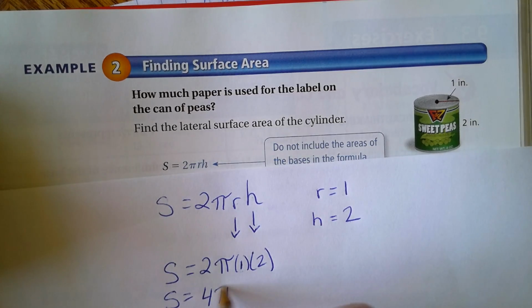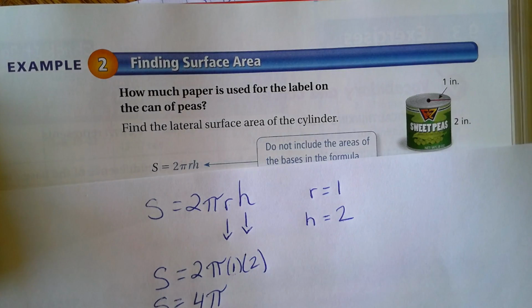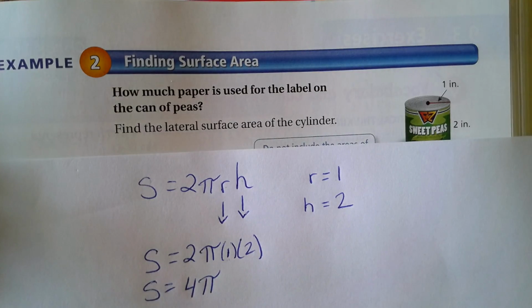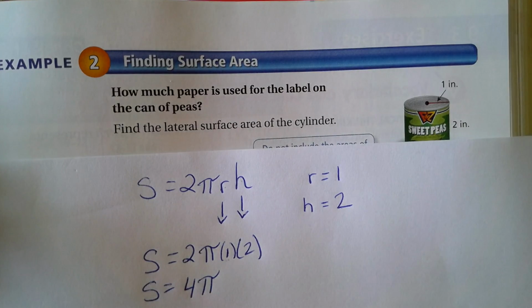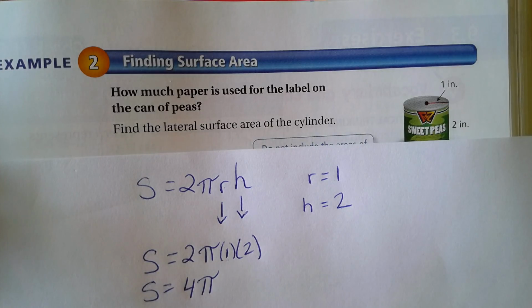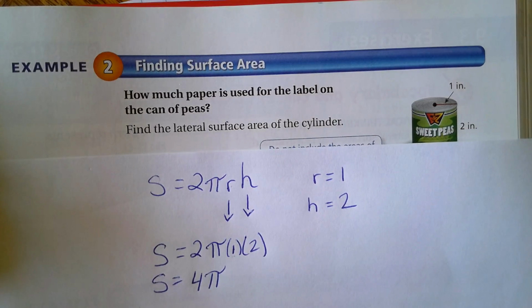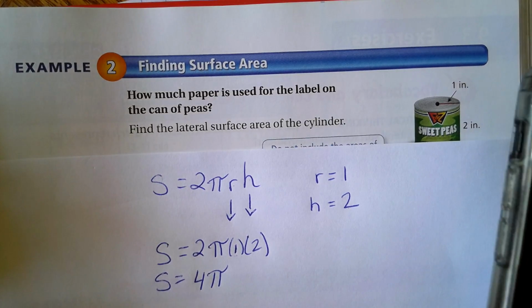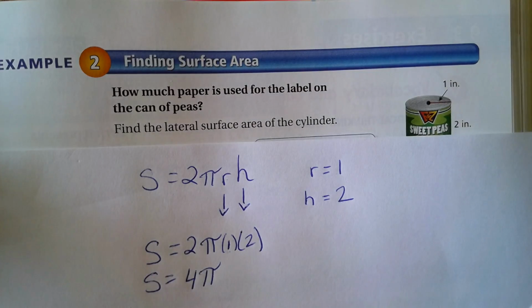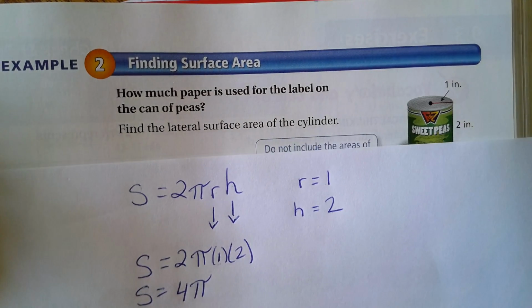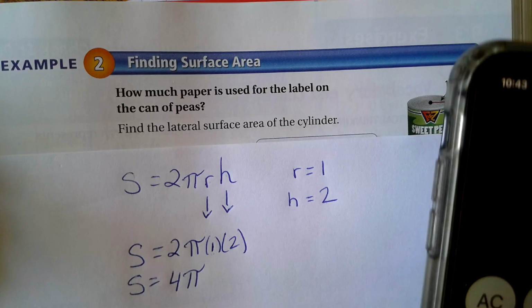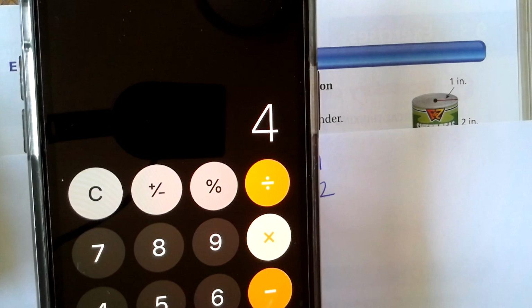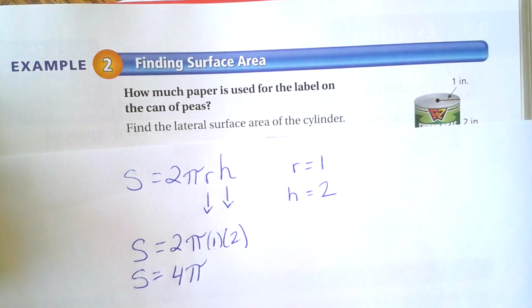Now, in some books, you would leave it as 4 pi because that's the most accurate. Remember, pi is an irrational number, it doesn't have any kind of pattern, but we can't tell a maker of labels to make this 4 pi inches squared. They're going to need a number, even if it's a decimal and an estimation. So I'm going to put in my calculator 4 times 3.14, and it's 12.56. So surface area equals